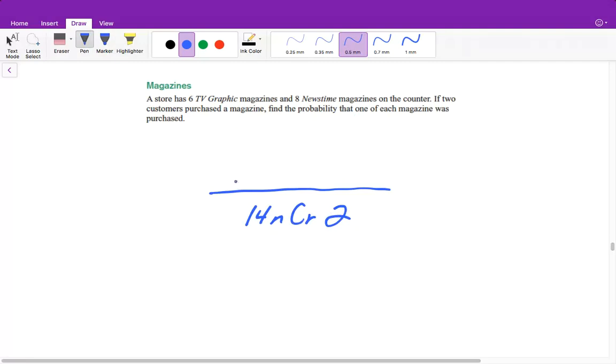So that's our total. And then in our numerator, we have 6 graphic magazines, so we would do 6 C 1, because we're picking 1 of them. And with our newstime magazines, we have 8 of them, and we're picking 1 of them, 8 C 1. So we would just plug this into our calculator, and it gives us a total of 48 over 91